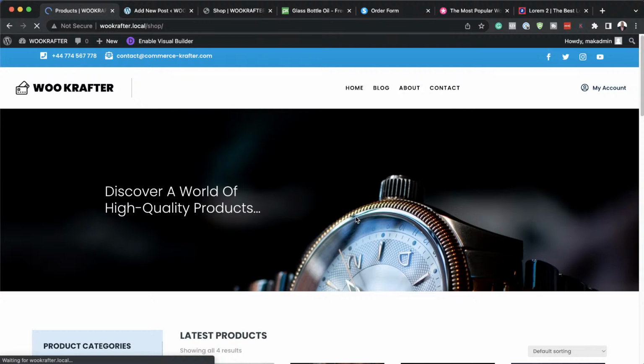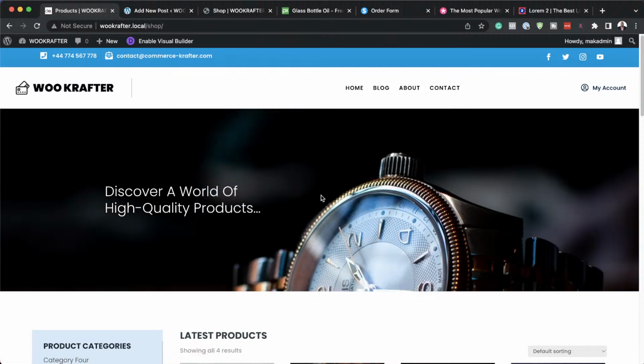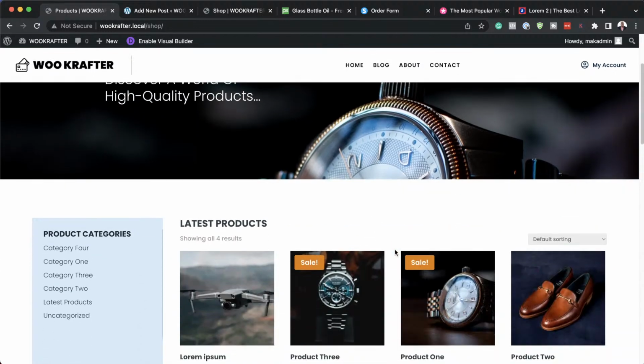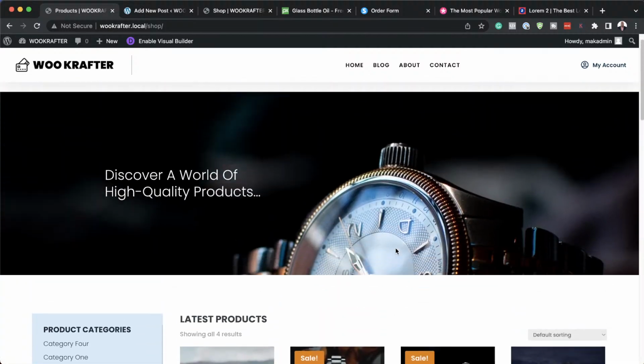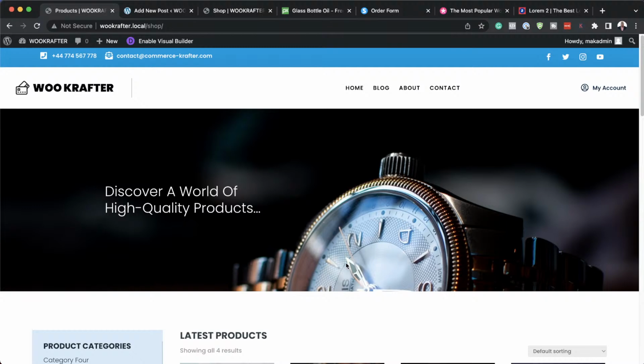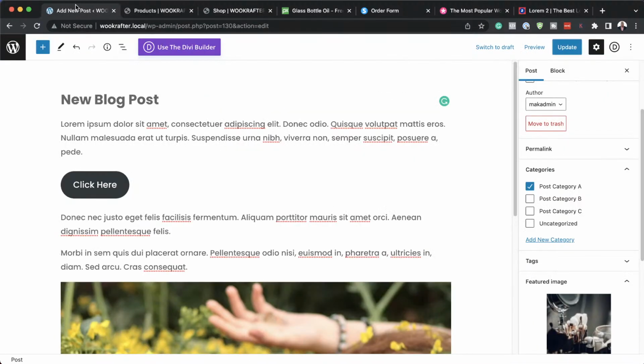Now this page can also be customized to make it look really, really nice. So as you can see, we have a watch here. Now we don't want a watch. We want something totally different. So the question now is, where do we customize this right here? Okay, so let me show you where. So back over here now, you need to go